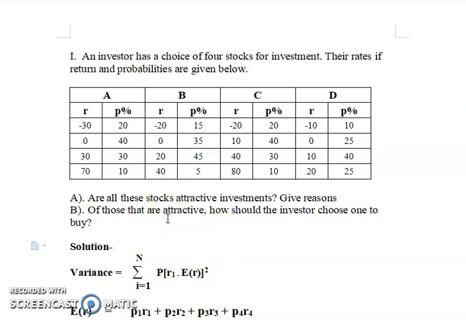So how would you calculate? When you have to choose among these four stocks, you need to take the variance of all the stocks and the expected return, the ability to earn the expected return on each stock individually. You can do a comparison. So variance in such cases, when there is a probability given, and we have return and the probability.